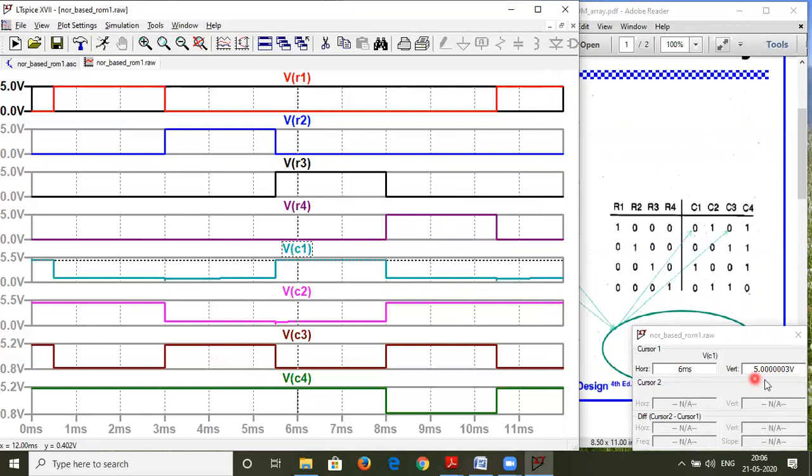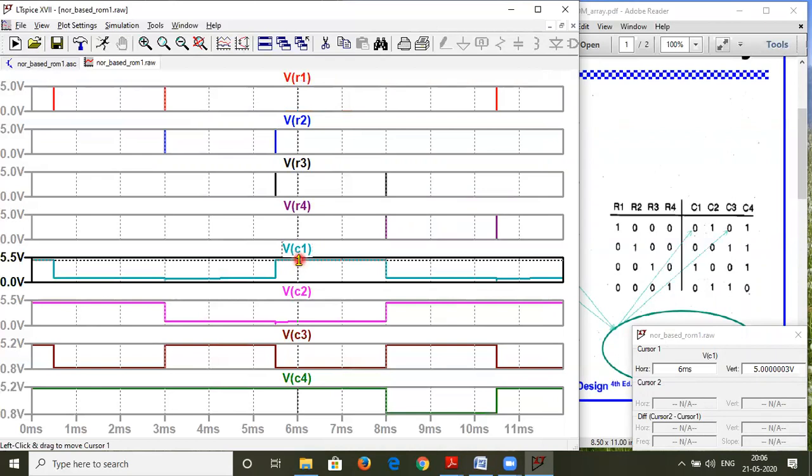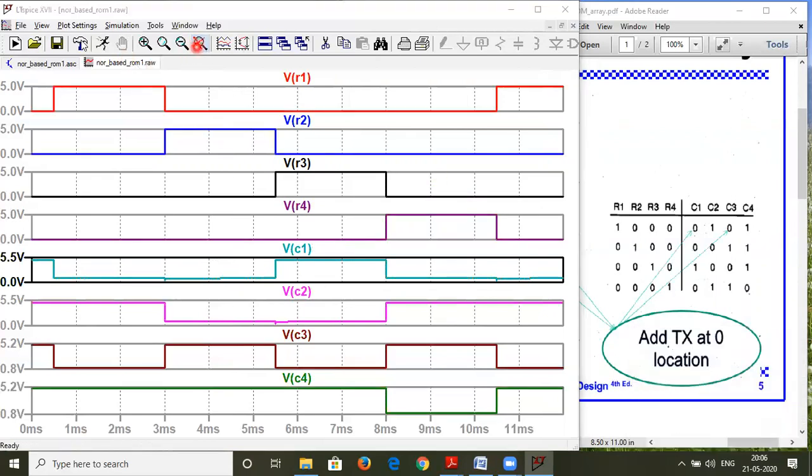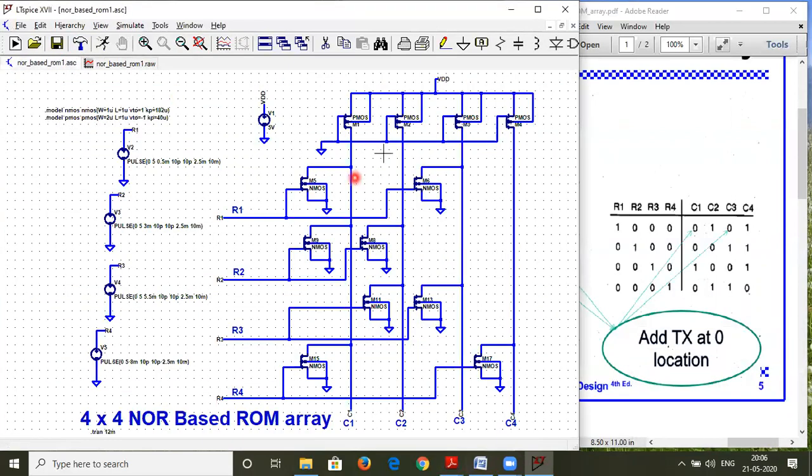So the higher peak is around 5 volts, and let us check the lower peak over here, and the lower peak is around 1 volt. So this is very, very important. And why is it around 1 volt over here? So just for a moment think, we have a PMOS transistor over here.